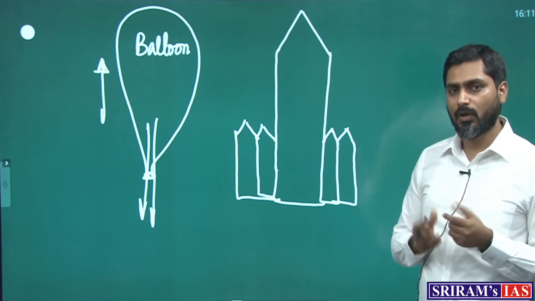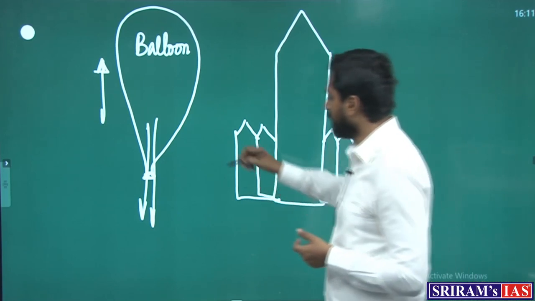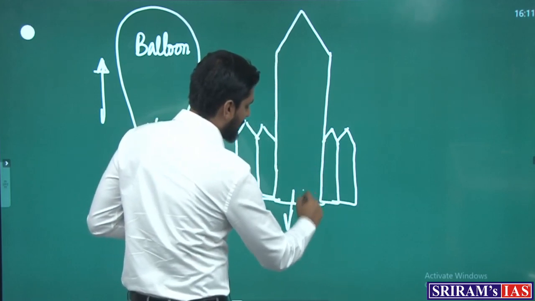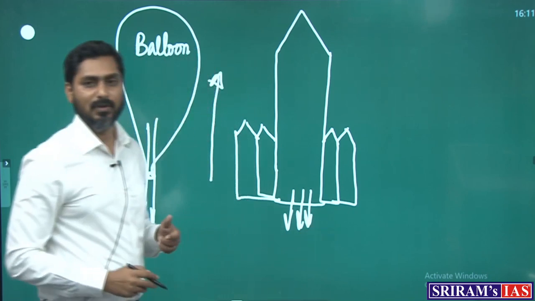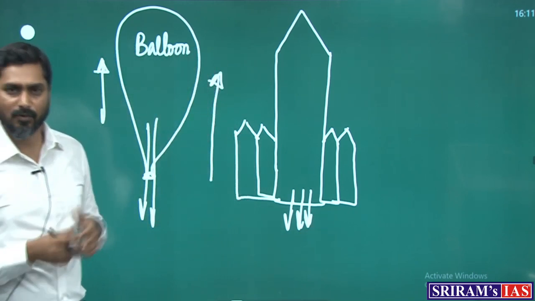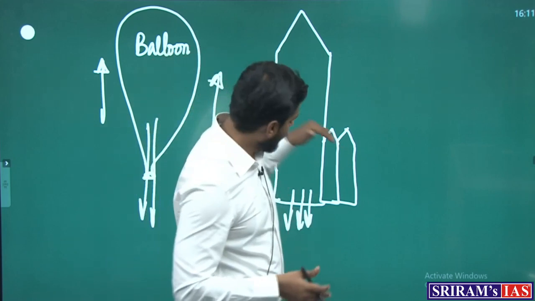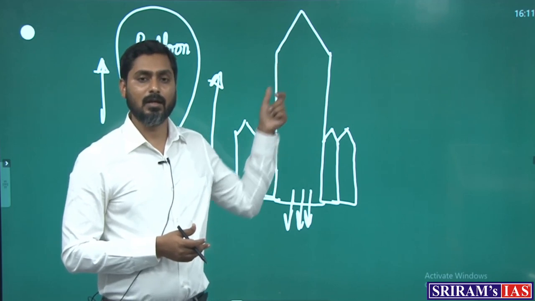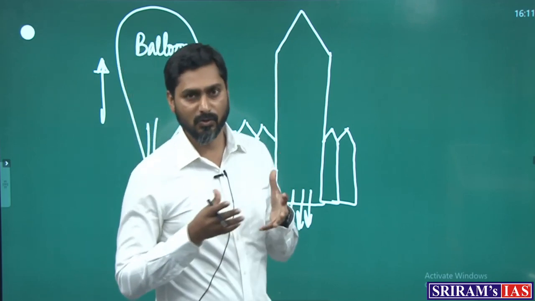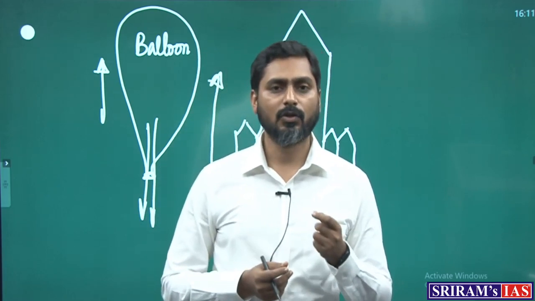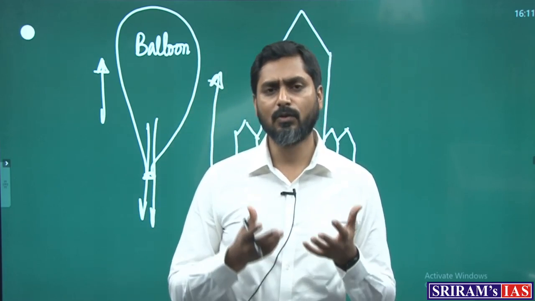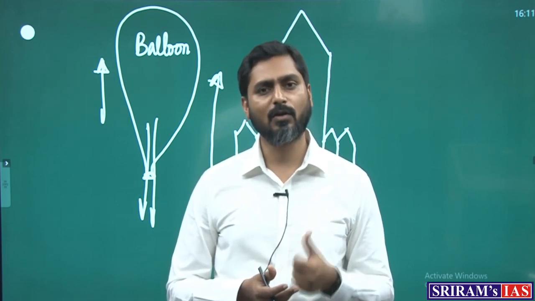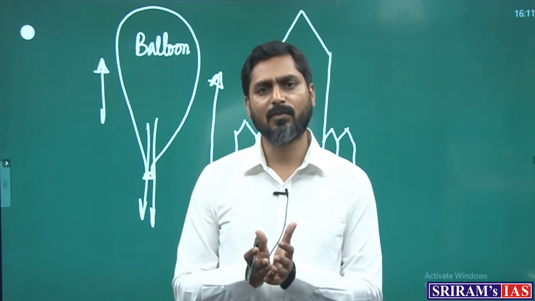So what do we have to do to send a rocket to space? If we have to send a rocket into space, we need to thrust out some gases. You would have observed that we thrust out some gases from the rocket, and because those gases are thrusted out in one direction, the rocket gets a thrust in the opposite direction. Now the question remains: how do we produce those hot exhaust gases? In order to do that, we use a fuel and an oxidizer. Why do we need to use a fuel and an oxidizer? Why can we not take oxygen from the atmosphere?